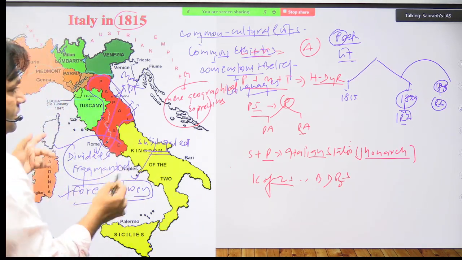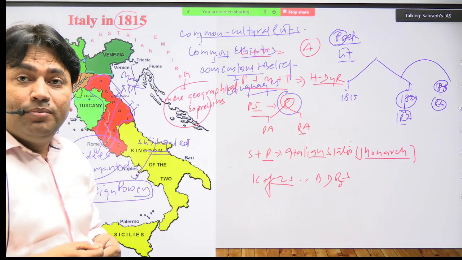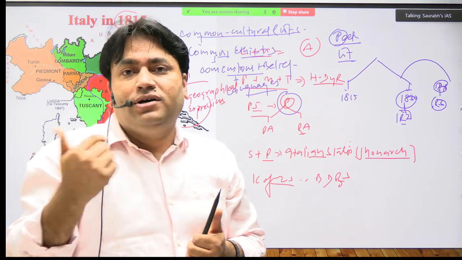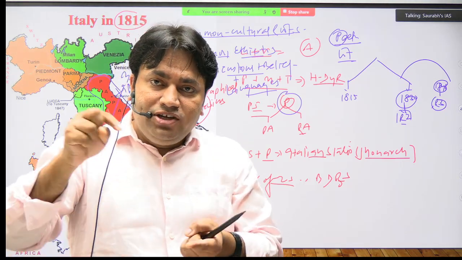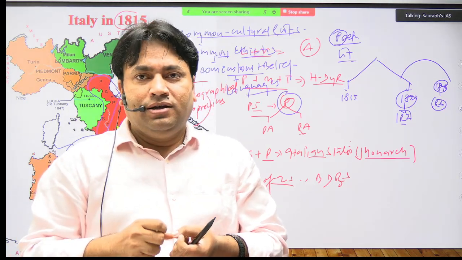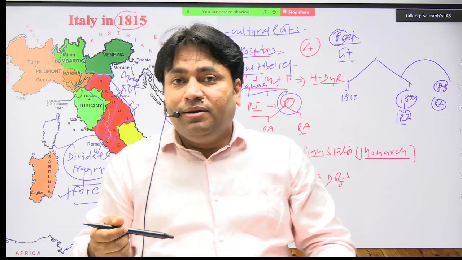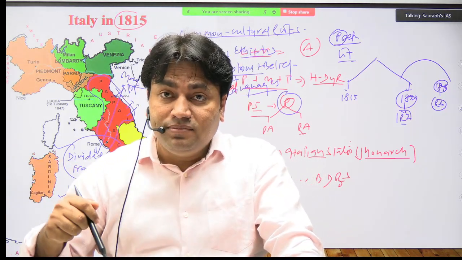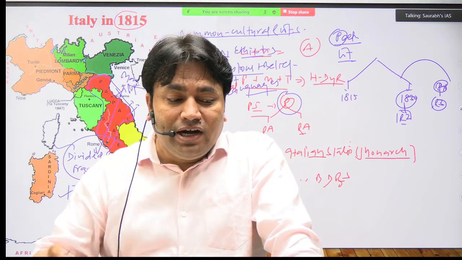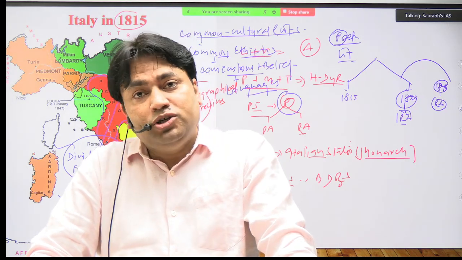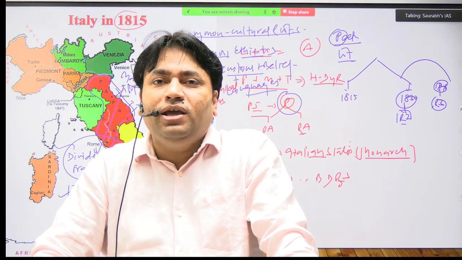And who is ruling this Papal state? Pope is ruling this Papal state. And Pope is the head of the Christians. You can say the religious head of the Catholic Church. So when you intervene in Papal states, what will happen? There is a possibility that Britain and France will come and intervene. They will not let this happen. Definitely France will come and intervene. So this was the main challenge, that without unifying Papal states, this could not be possible.